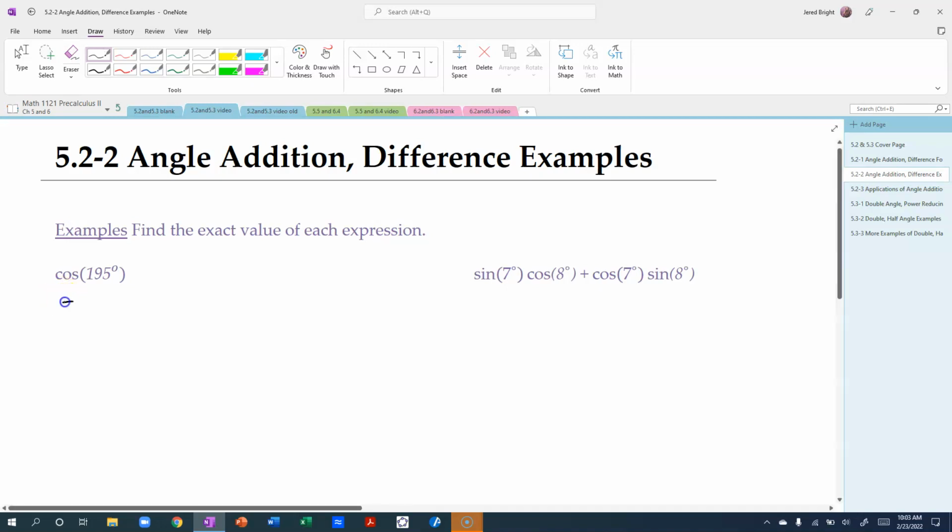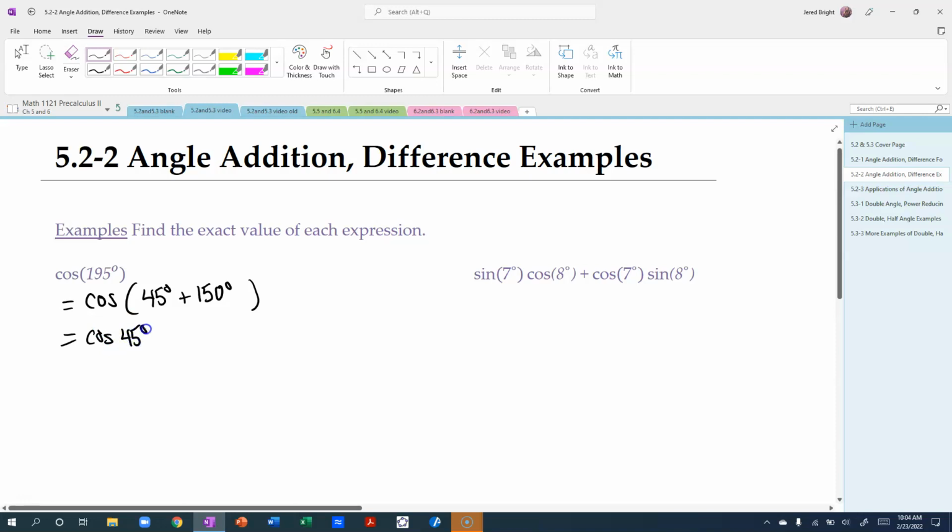So what I want to do is say that this is equal to cosine of something plus something. You could also do subtraction if you wished. Okay, and with this, I'm going to see this as 45 degrees plus 150 degrees. That part, breaking it apart, might take a little bit of time and patience, okay? But then with this, I can use the angle addition formula for cosine and say this is cosine of the